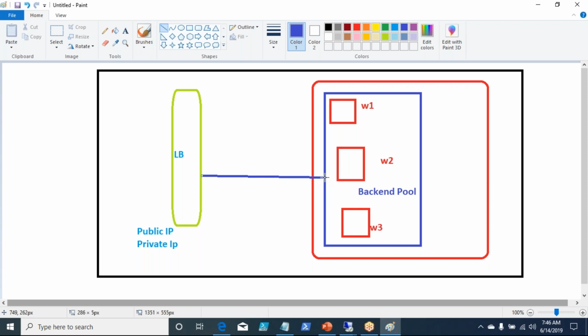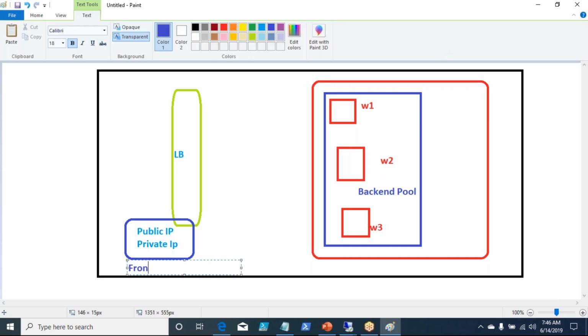It could be a web server, it could be RDP, or it could be anything, right? Now your load balancer will have a front-end IP address, and a backend pool.